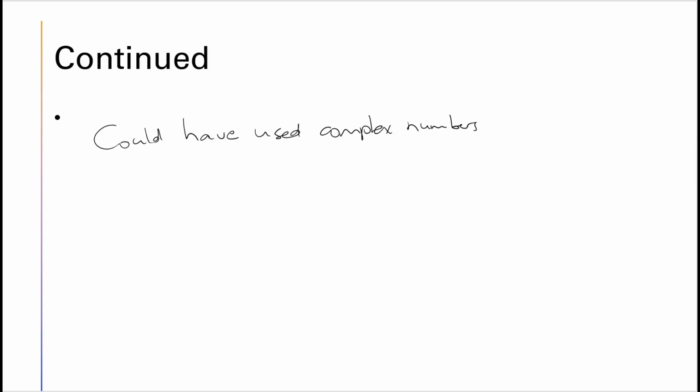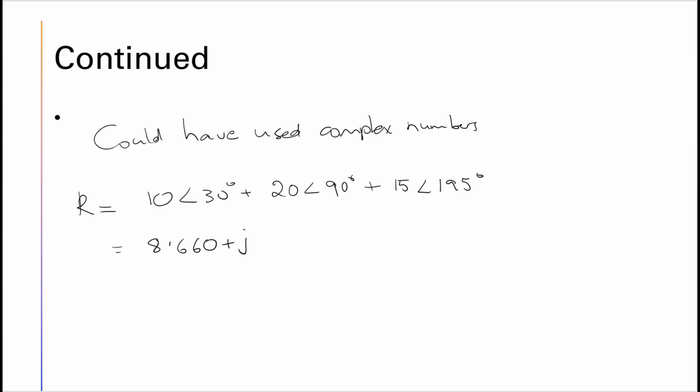And we could have said that the resultant was the result of adding 10 angle 30 degrees and 20 angle 90 degrees and 15 angle 195 degrees. Now remember, you can't add in polar form, so you'd need to convert them to rectangular. That's for the first one. And the second one would be 0 plus j20. And the third one would be